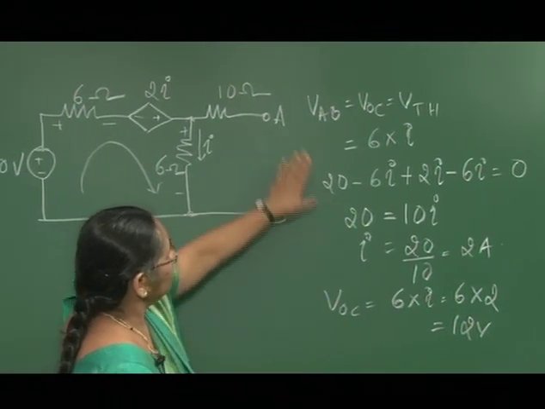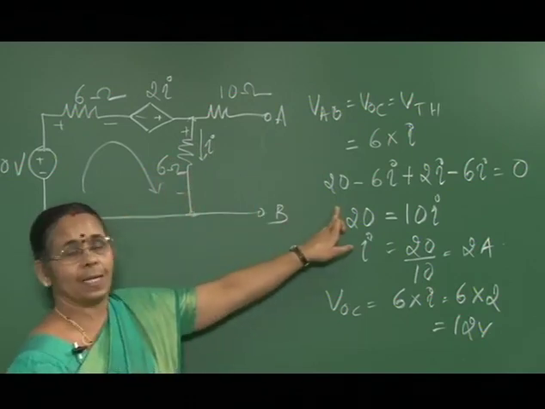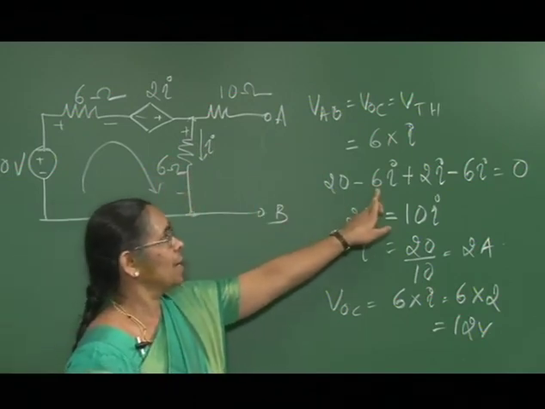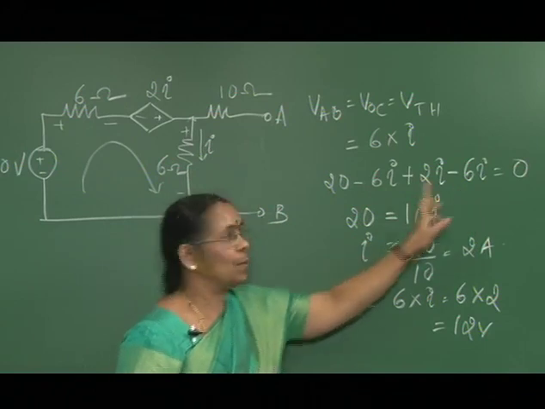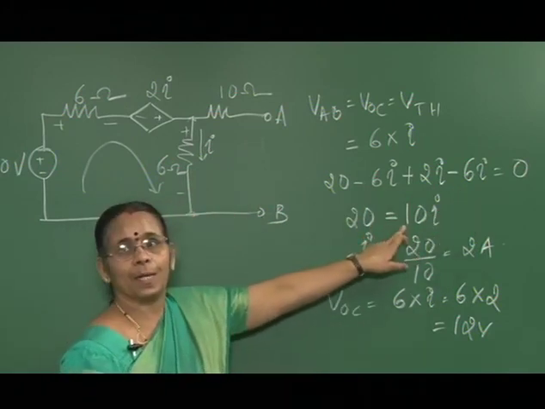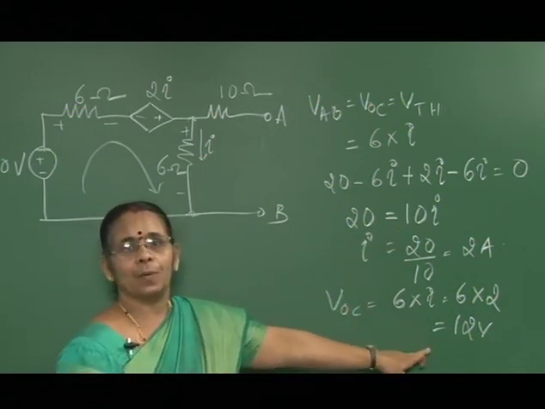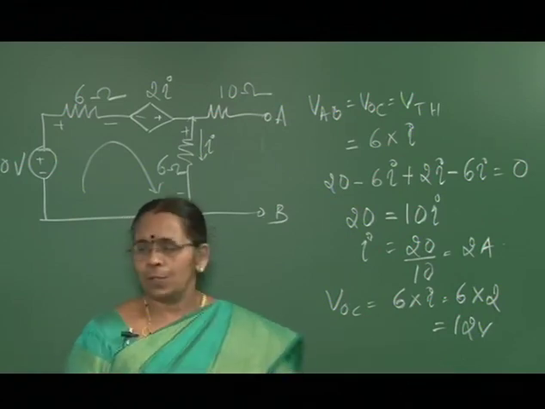So once again I repeat this particular part. By applying KVL, we write the equation 20 minus 6I plus 2I minus 6I equal to 0. Simplifying that, I get 20 is equal to 10 into I, so that your VOC or VThevenin is equal to 12 volts. So the next step is,